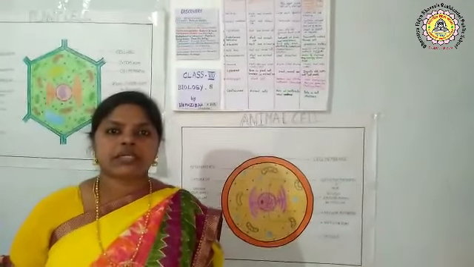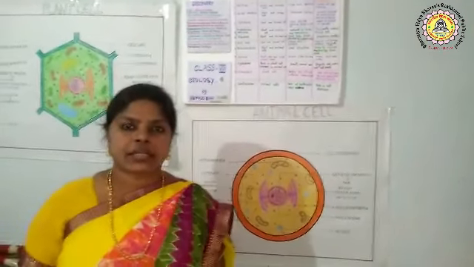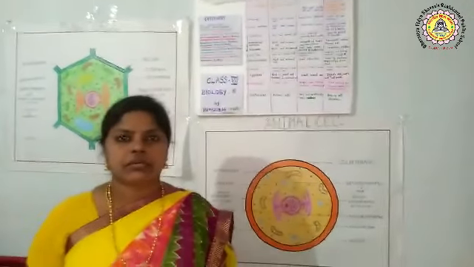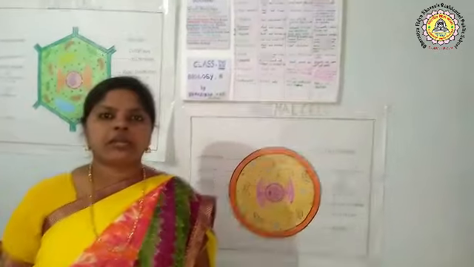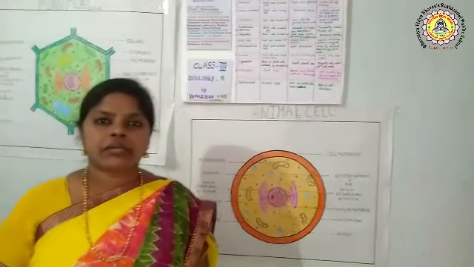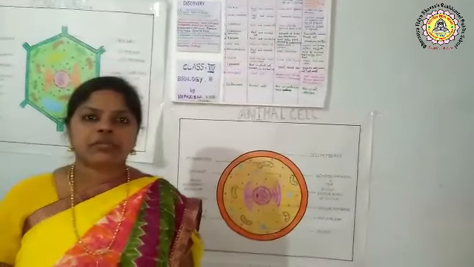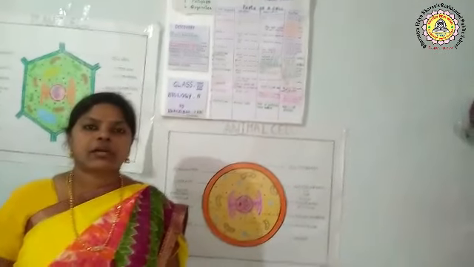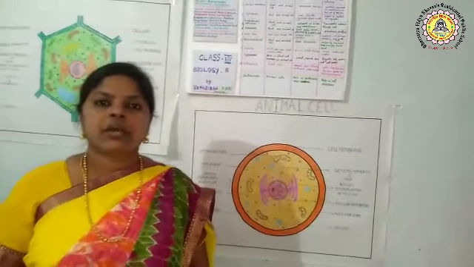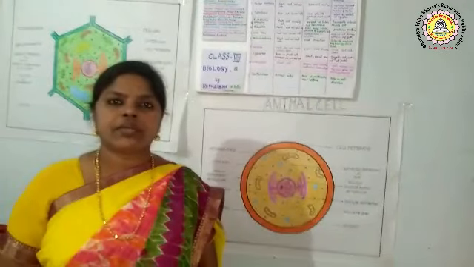Robert Hooke discovered the cell. He was the first to identify the cell. He took a thin slice of cork and observed it under his own microscope. Cork is obtained from the bark of the oak tree. When he observed the cork material under his microscope, it appeared as a honeycomb-like structure. Inside this cork material he found so many small boxes or small compartments, which he named cells, because in the Latin language cell means little room.